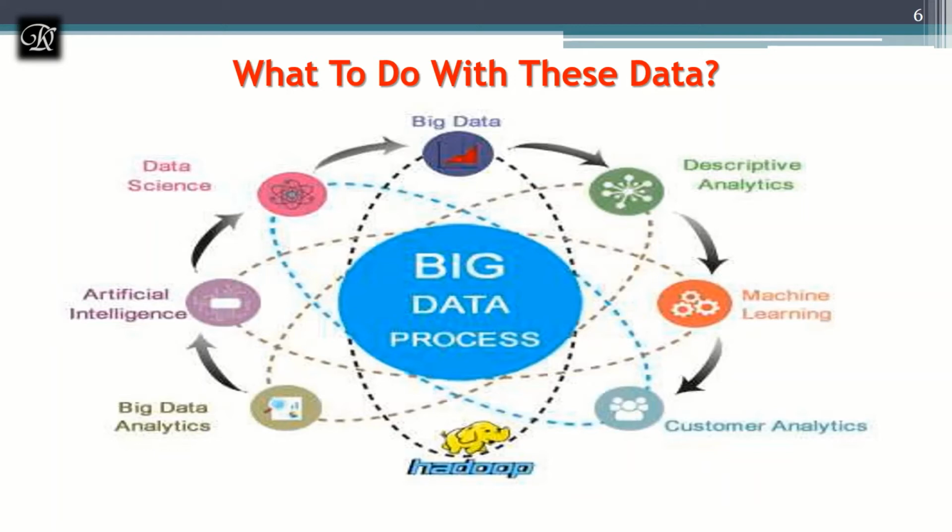So why now? Why are they concentrating on this? Because in the initial days also the data was there. It is not that data was not there in digital format, like when computers started in the 1990s and even the 80s. But the thing is, that time the computation power cost us more.